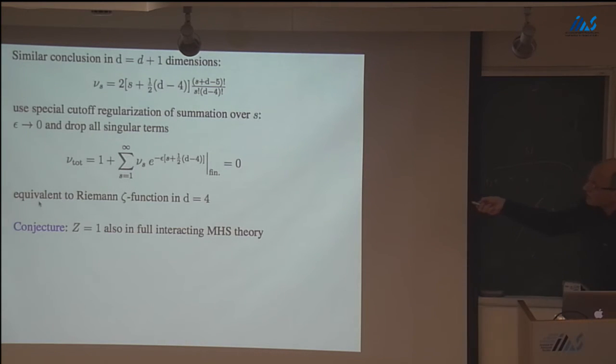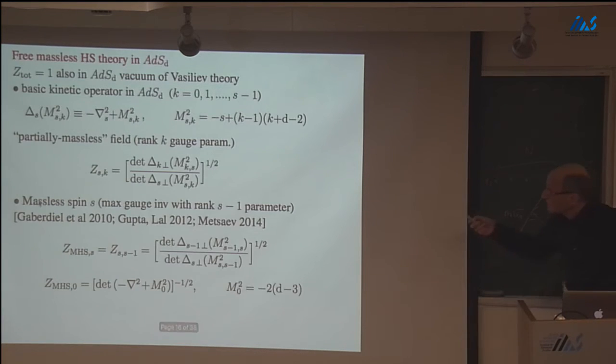And the same conclusion is true in d dimensions, but provided we use a very specific regularization, which is equivalent to zeta function, but it's easier to formulate it with a cutoff. So you just put an epsilon cutoff with particular shift of spin by half of d minus 4, and then you drop all singular terms and you get 0. And the conjecture is that this should probably be true also in interacting massless high-spin theory, because that should be true also in AdS. It would be consistent with